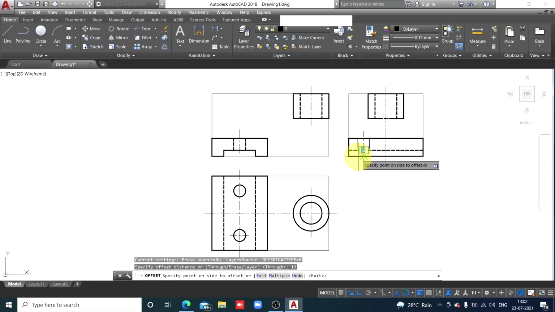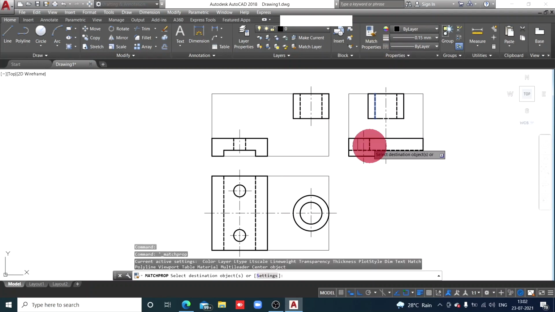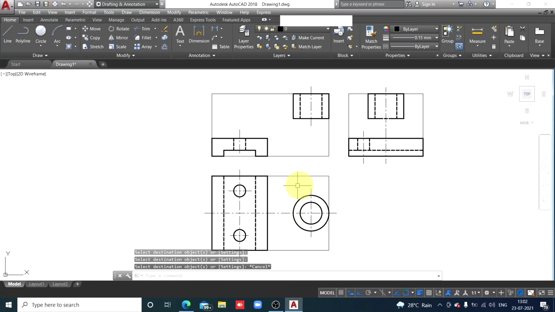Enter. And on the right side click it. Check here, at distance 12 millimeter I got the line, and this is that hole. So match property, this is that. Check here, this hole is here and this hole will appear on the front side.